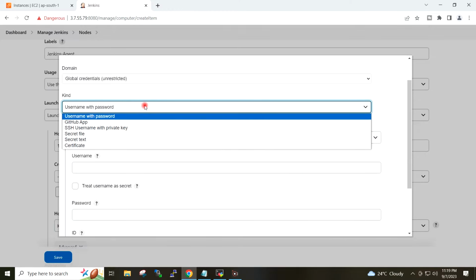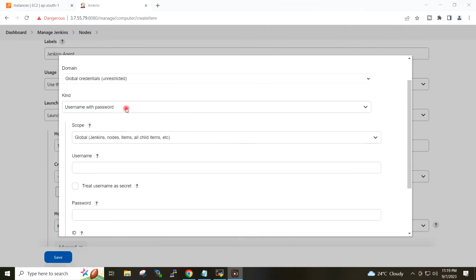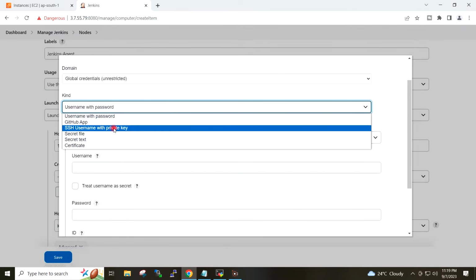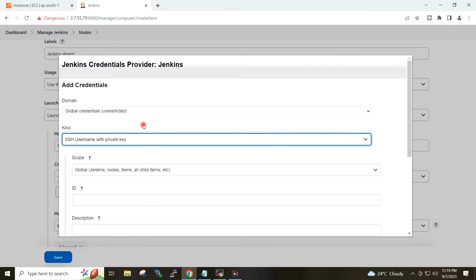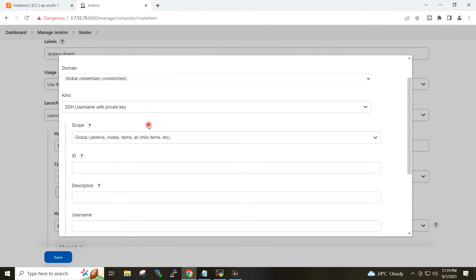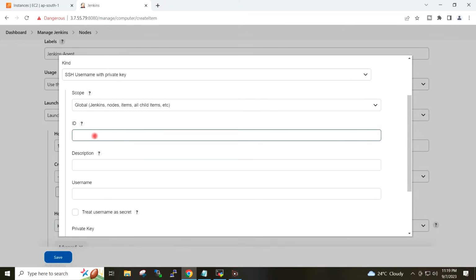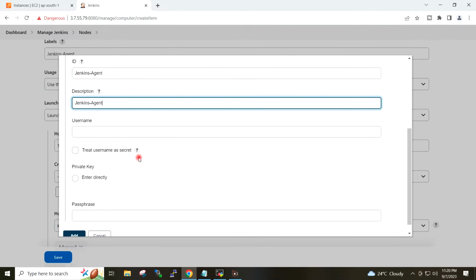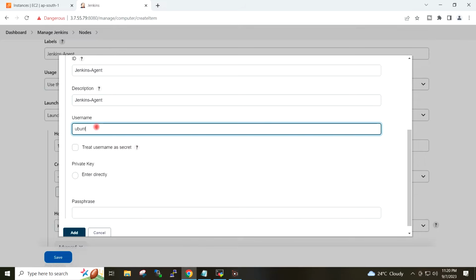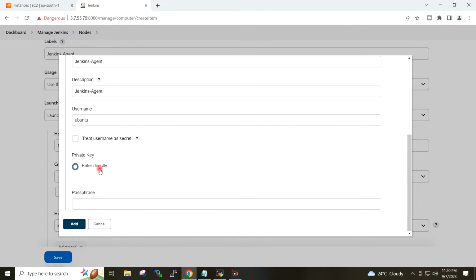Kind, SSH username with private key. ID I will give here Jenkins agent. Description I will give Jenkins agent. Username Ubuntu. Private key, enter directly.